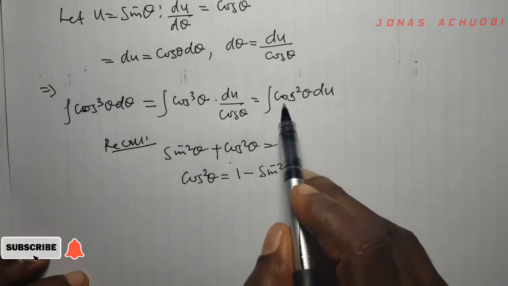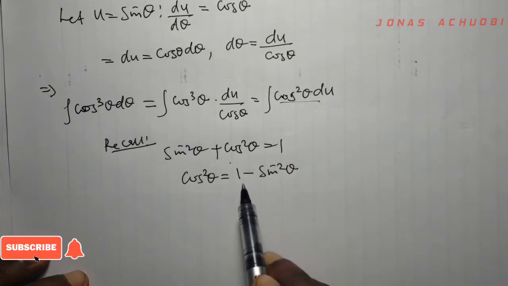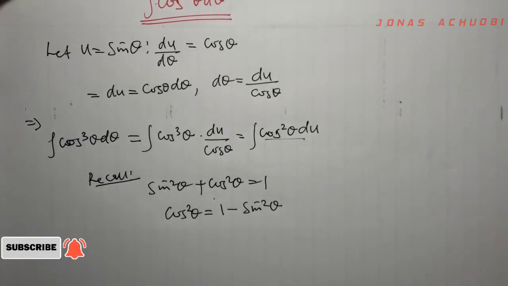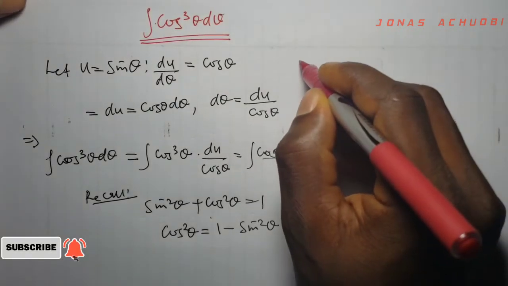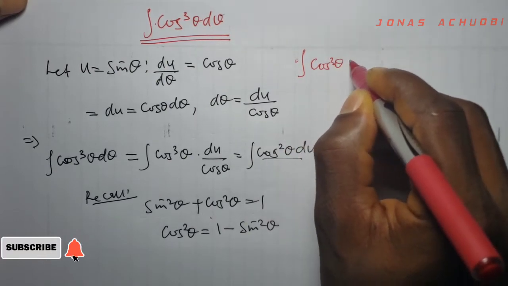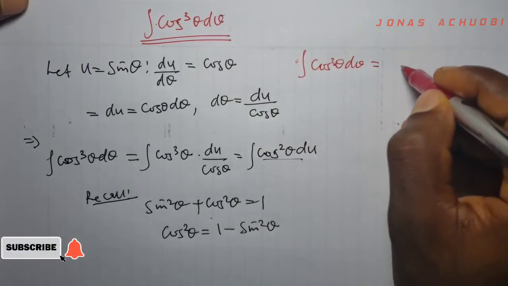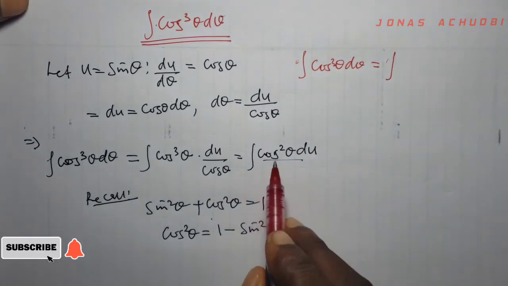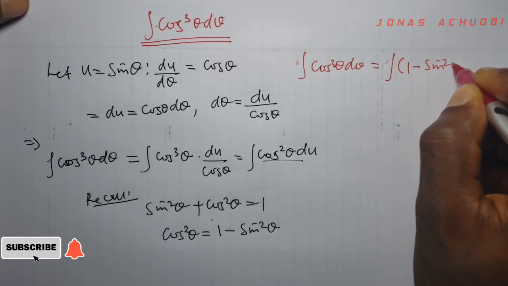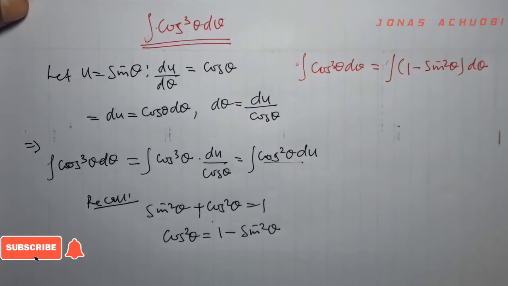So in place of cos squared theta here, we shall be replacing with 1 minus sin squared theta to get the following. So it implies that the integral of cos cubed theta d theta now becomes the integral of 1 minus sin squared theta